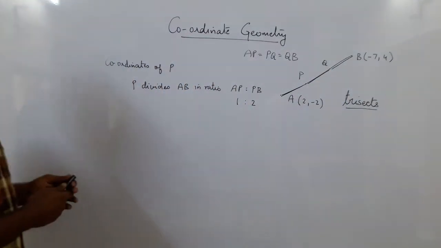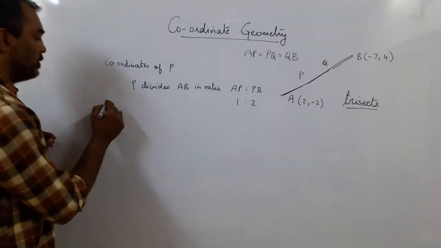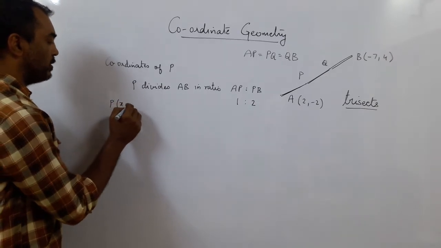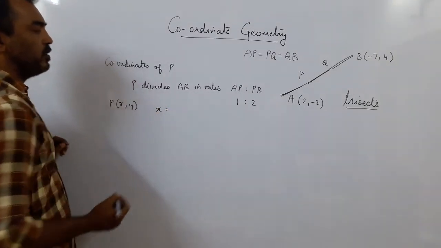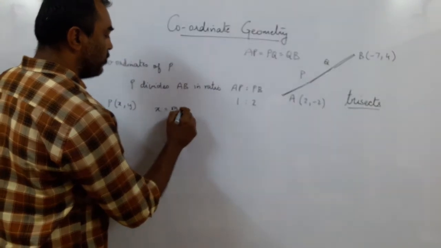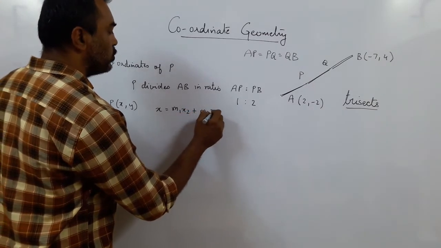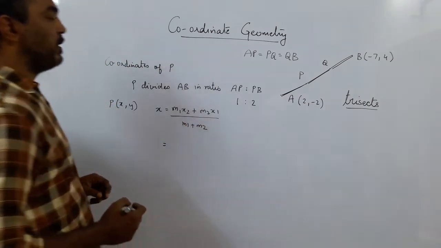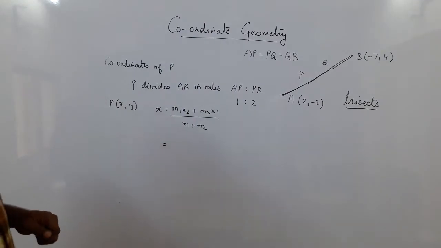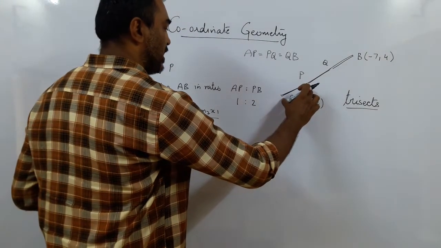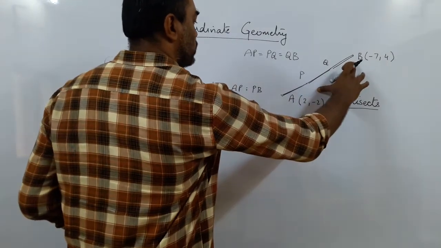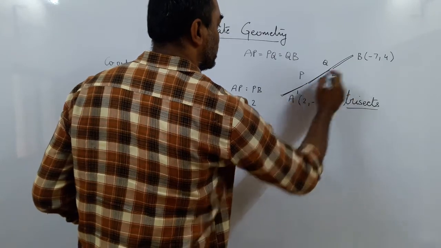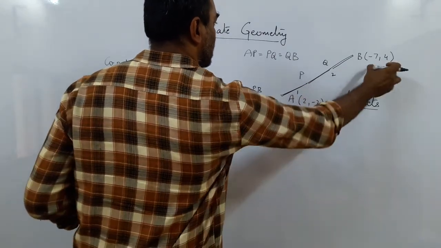So now can we find the coordinates of P? Very simple. What is P? So we'll write the x coordinate. So let us say P is (x, y). Then the x coordinate will be by the formula, let us repeat: m1 x2 plus m2 x1 upon m1 plus m2. We keep repeating the formula. Okay. So we have taken the first part as A, so this is our m1, our m1 is 1 and m2 is 2. So this is x1, y1, this is x2, y2, because we have taken 1 of this side and 2.